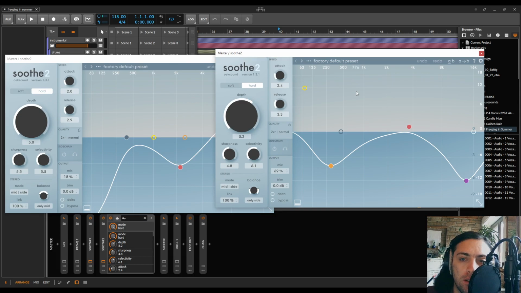In my opinion, Soothe is always a plugin that you are not instantiating at the beginning of a project, because it is made for resonance suppression, and unless you're using it creatively but more traditionally in the mixing context, you are not using it at the beginning of a project, but first you try to slap all the other stuff